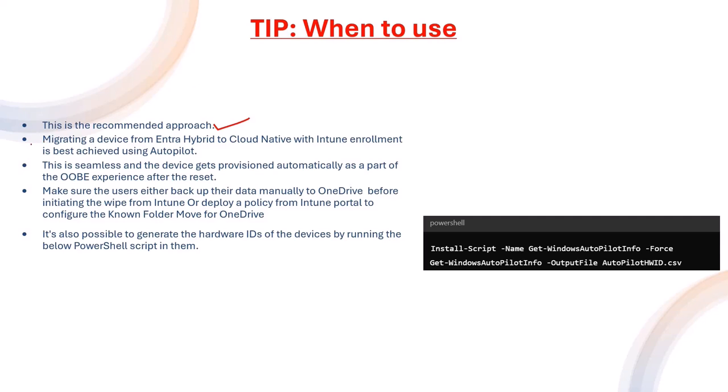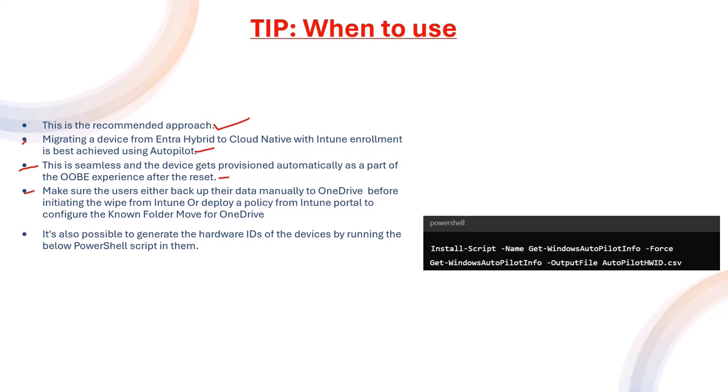Migrating, again I'm using the term migrating here, but in the true sense it's not migrating, it is transitioning. Transitioning a device from Entra Hybrid to cloud native with Intune enrollment is best achieved using Autopilot, and this methodology is seamless and the device gets provisioned automatically as a part of the OOBE experience. And since we are doing a wipe, we have to make sure that either the user backs up the data